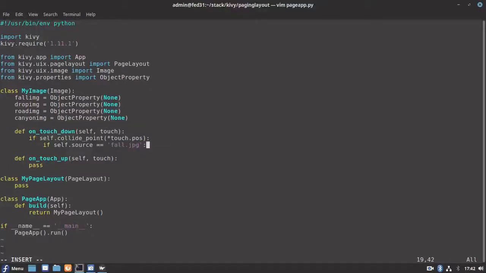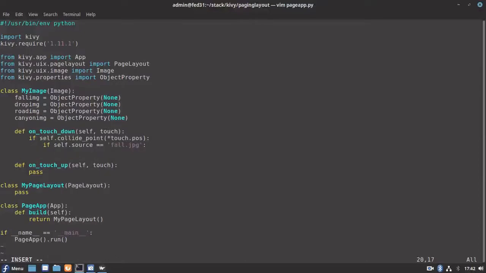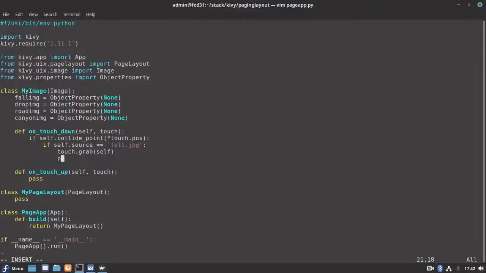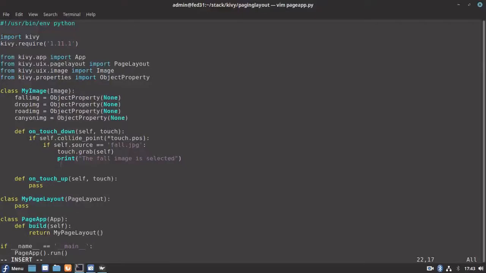If this is true, let's grab that instance and print a message for image is selected. And let's return true